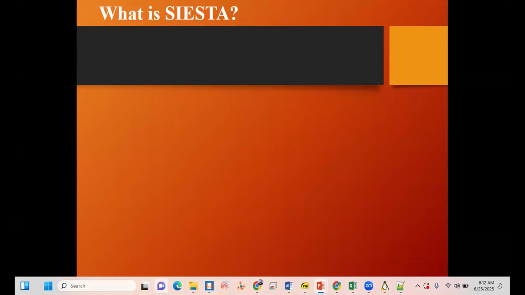Because we are attending this session for the last few days, everyone is familiar with Siesta, so I should not spend too much time on that. Siesta is an initiative for electronic simulation with thousands of atoms.